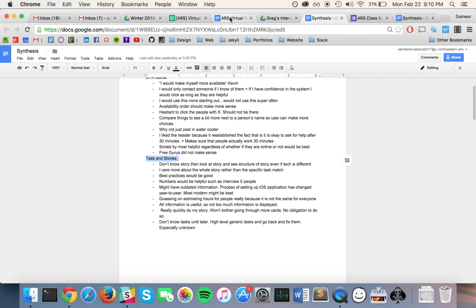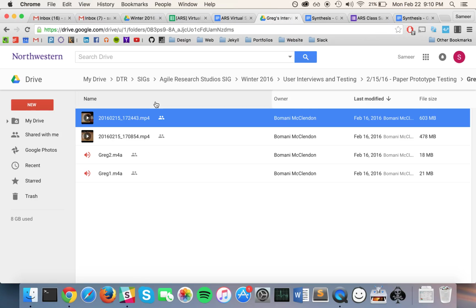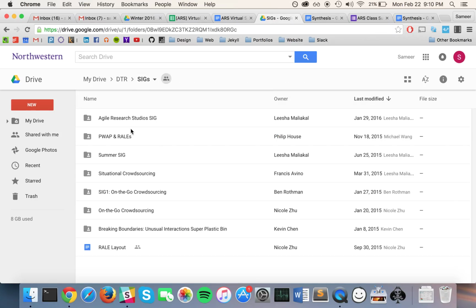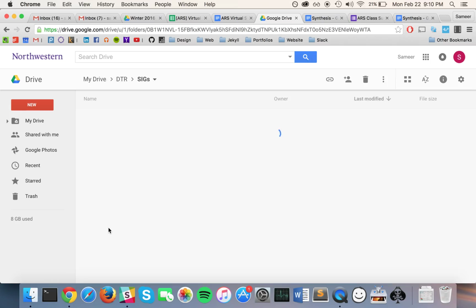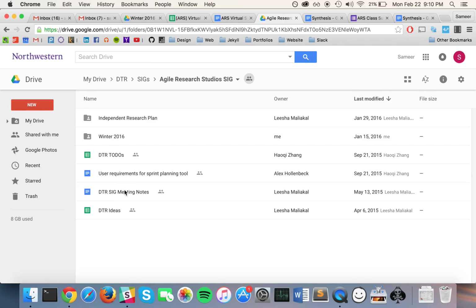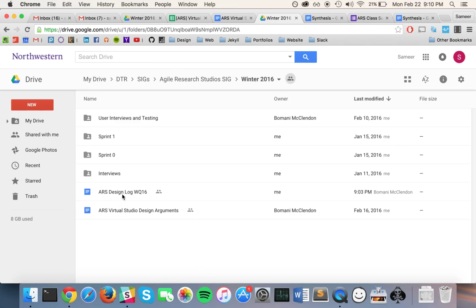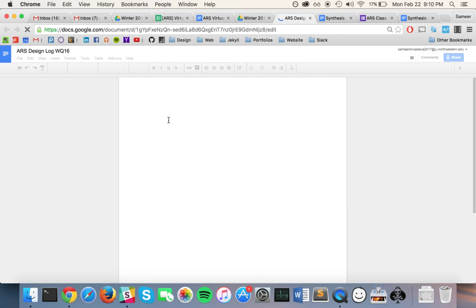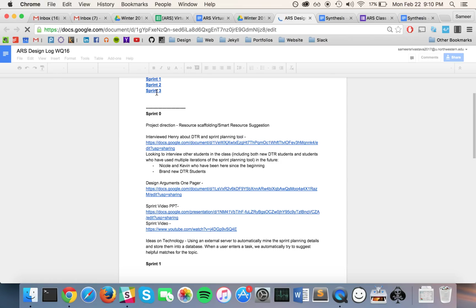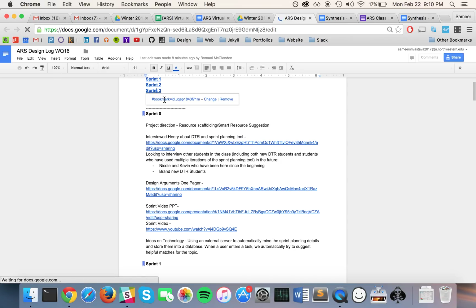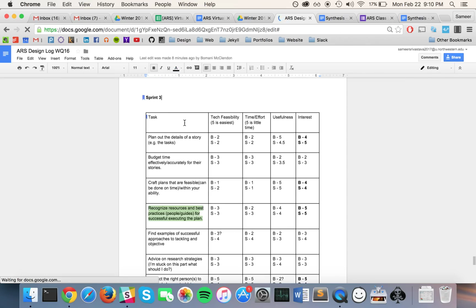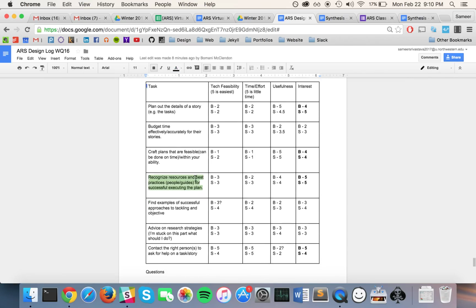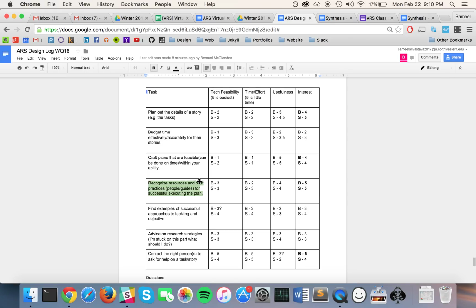After doing that, we decided to take a step back and really think about what we wanted to focus on for the upcoming sprints. And so we went ahead and put together a quick decision matrix, which basically allowed us to compare the tech feasibility, usability, or sorry, usefulness, as well as our interest and some various other factors for the representative tasks that we had listed. So as you can see here, we went through and ranked them all, and we realized that